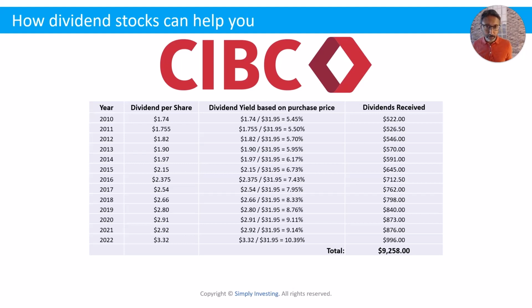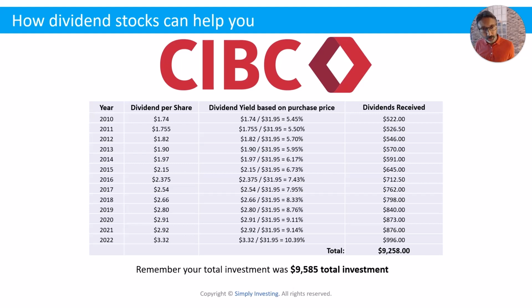As long as the company continues to pay the dividend and hopefully increase it again next year, you can expect to earn more than 10% on your initial investment of $9,548, which is a fantastic return. You don't have to worry about the stock price going up and down. As long as the dividend is coming in, you are going to be earning over 10% return. So right there, we're beating inflation.